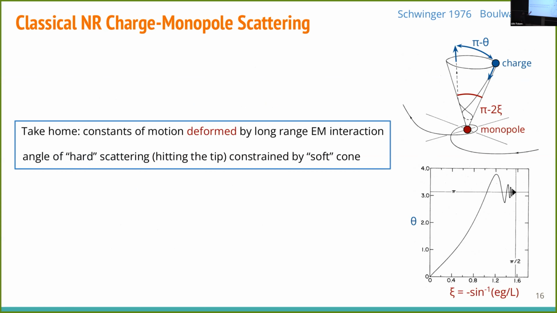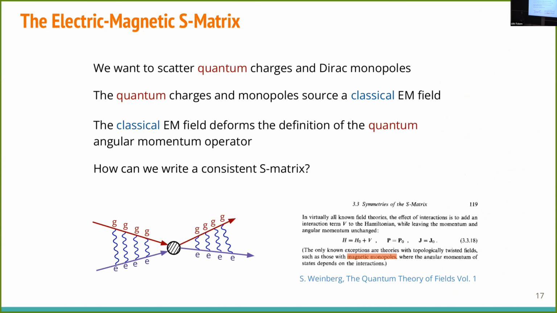Good. So this is already in classical physics an example of a non-decoupling effect, because if my winding trajectory moves close enough to the monopole, it's essentially probing the core of the monopole. Now in the core of the monopole, it's hard physics, completely decoupled from the electromagnetic effect, and yet it can't just escape in this direction. It's not allowed to by the selection rule that's derived from the soft physics, right? So this is a classical example of essentially UV-IR mixing or non-decoupling. And we'll see a similar thing in the quantum picture of the S matrix that will lead to things like the helicity flip and the Callan-Rubakov effect.